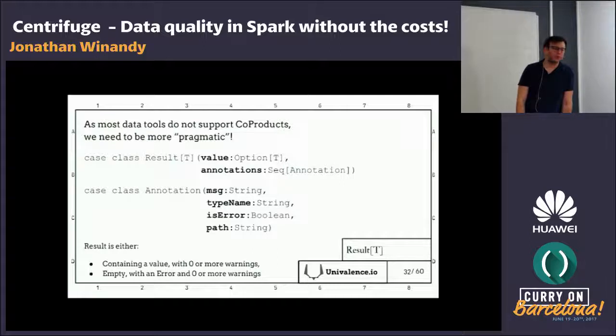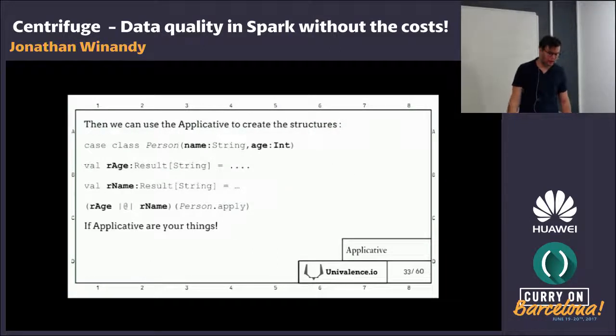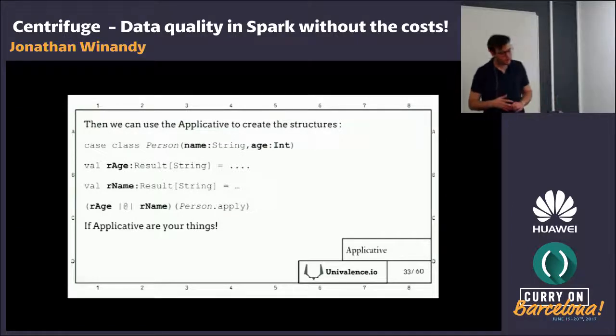So this is one way to encode that. And then you have the applicative operations on it, so you can use it to create your structures, and so on and so on, if applicatives are your thing.